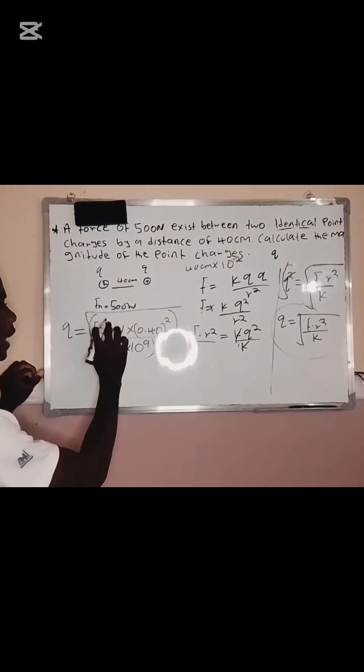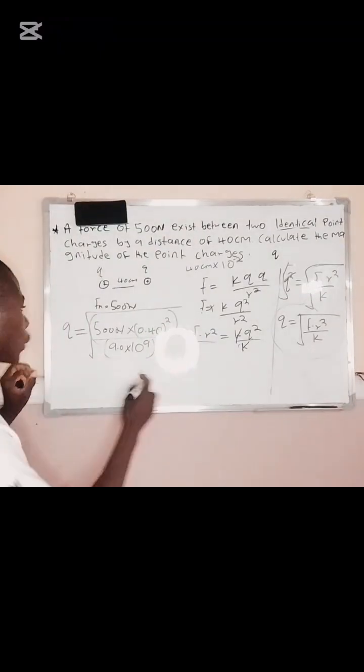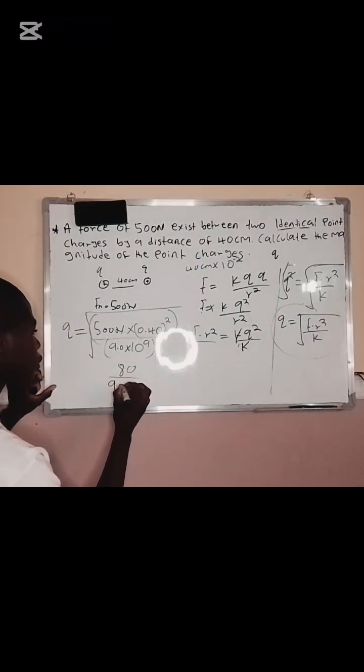So 500 Newton multiplied by 0.40 squared will give me 80, divided by 9.0 times 10